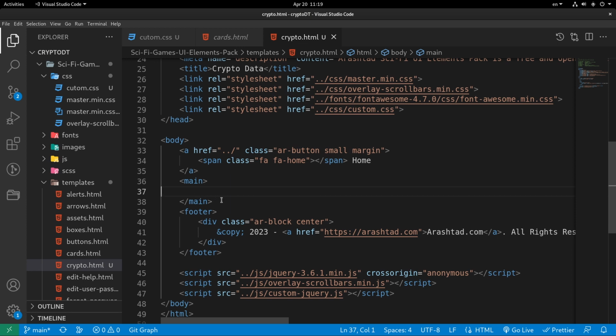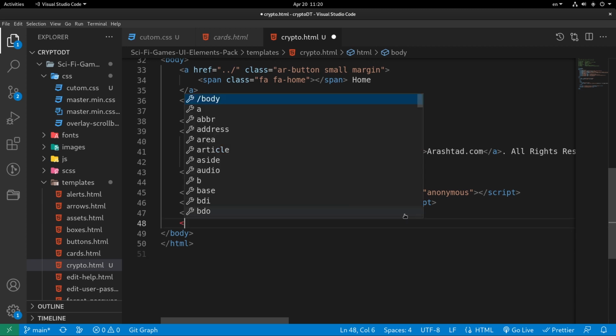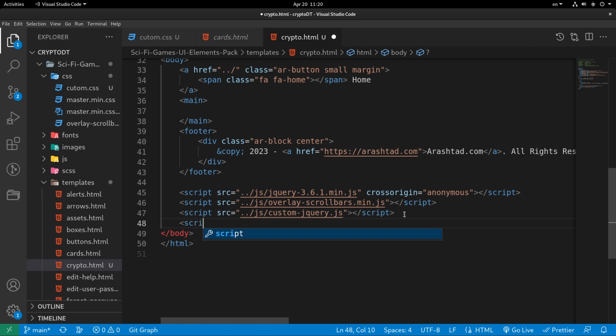So right over here, instead of our main tag, we will need to add some other tags which are related to the tables and also for our preloader. And the JavaScript code, which is the main part of our project, which we will focus on writing, will be here. So we'll not waste time adding the template inside of this, and we'll copy and paste whatever we've got inside of the main,